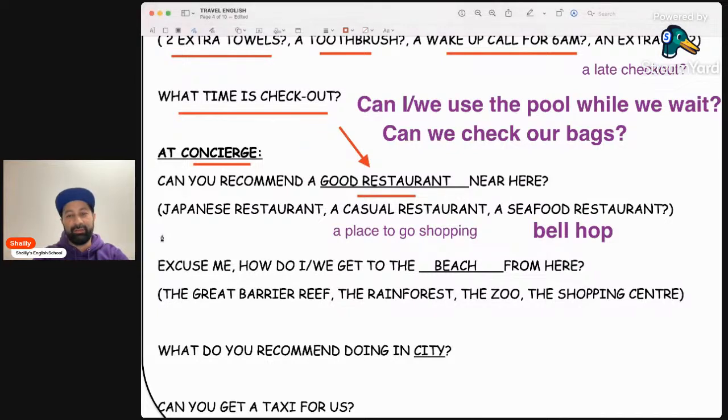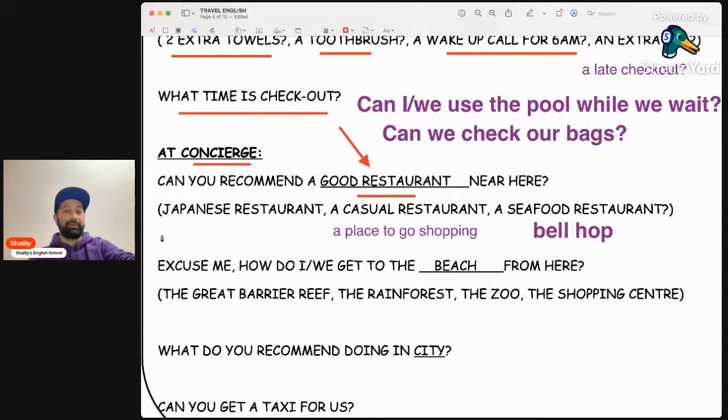All right, so I often will ask the bellhop. If you're unsure what the bellhop means, the bellhop is the person when you enter the hotel, they are going to help you with your suitcases. They're going to carry the suitcases up to your room. And a lot of times they're out in the front of the hotel.